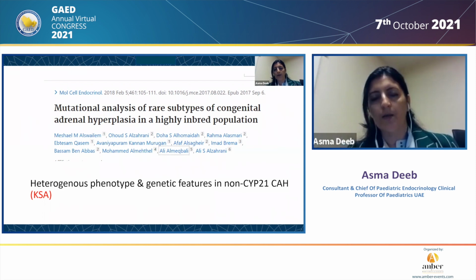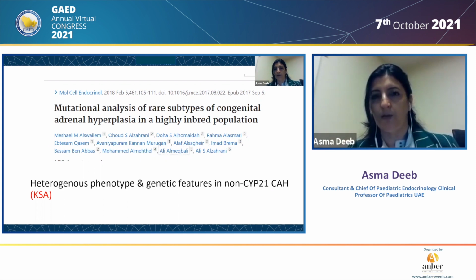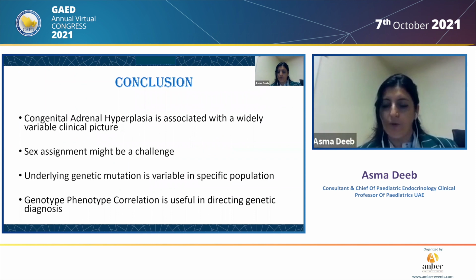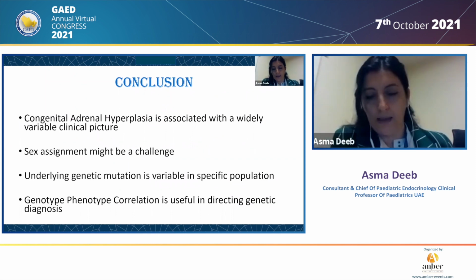But Ali Zahrani and his colleagues decided to look at non-CYP21 conditions in these highly consanguineous areas in Saudi Arabia. And they showed us how heterogeneous the phenotype can be in non-CYP21 CAH. So I came to the end, Lady Chairman and ladies and gentlemen, and I would like to conclude